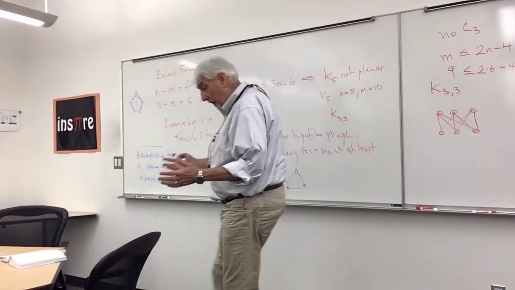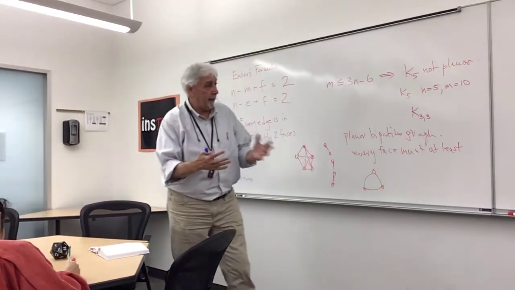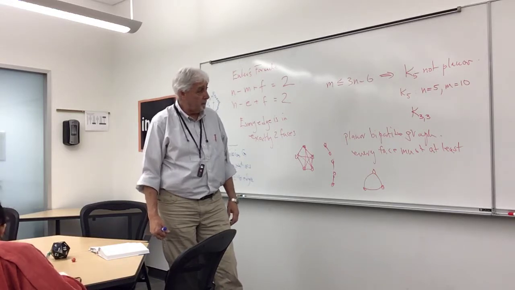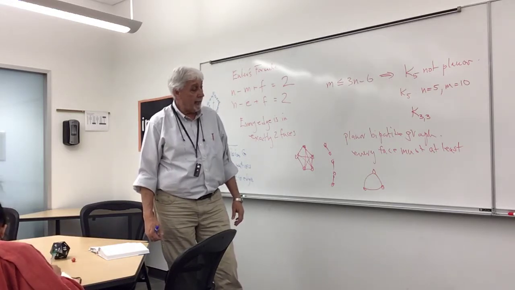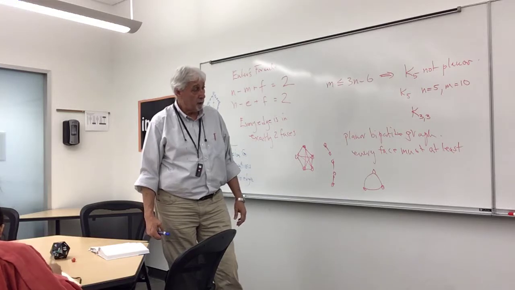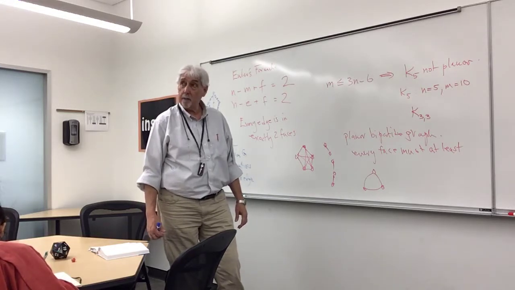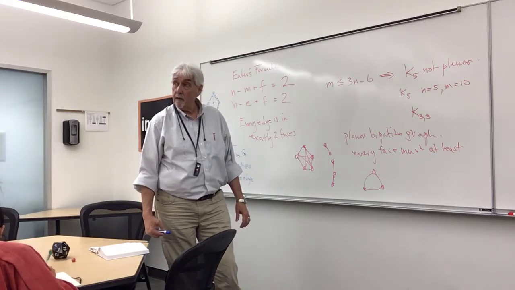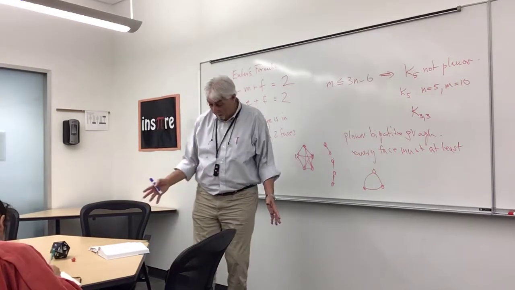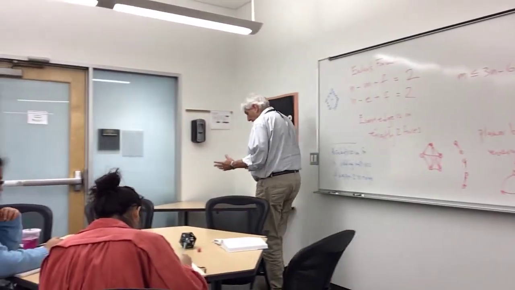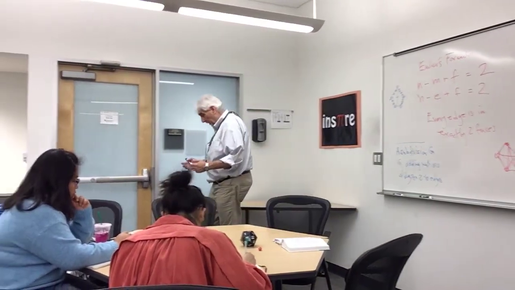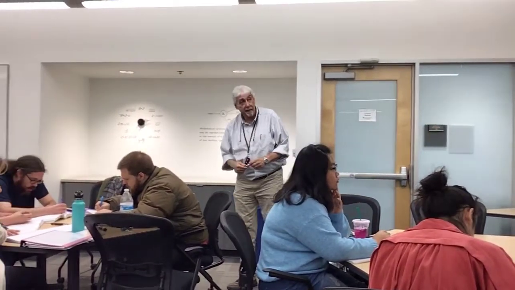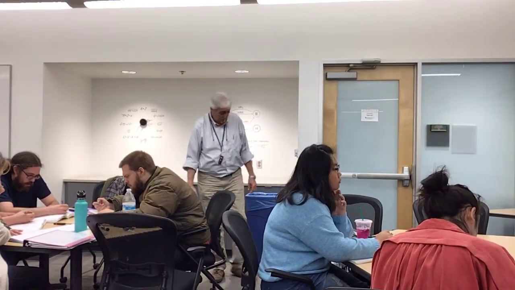I'd like to show somehow that there is a subdivided K33. So I could try and find an induced subdivided K33, a subdivided K33 is like a box thing. And that's not the original graph. Okay, so the question will be, is that odd cycle gonna bother us? So let's, if we wanted to find a subdivided K33 here,